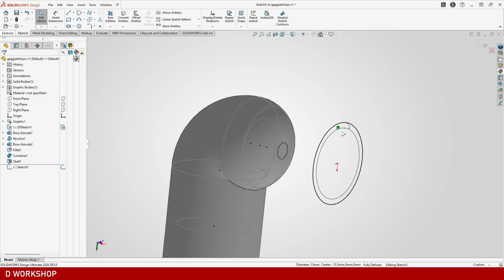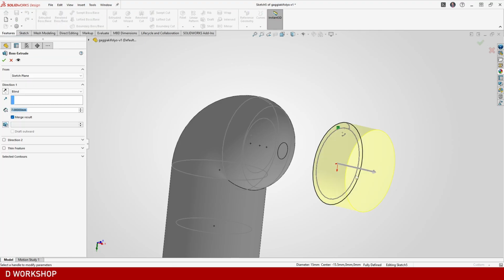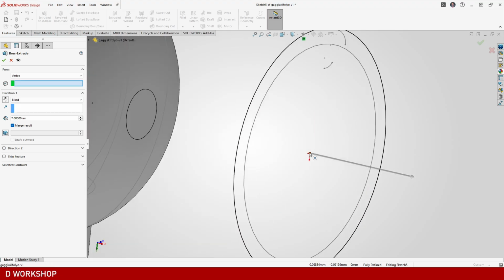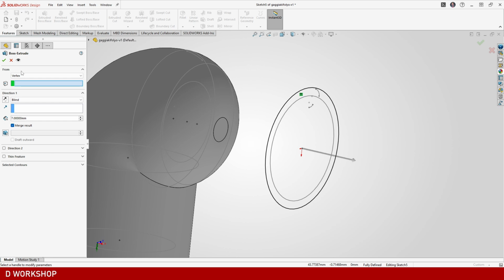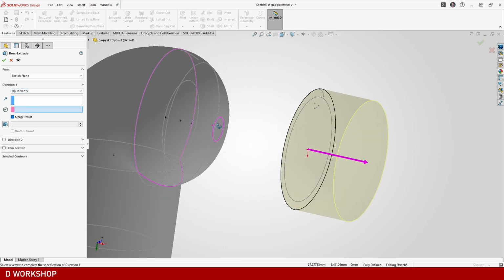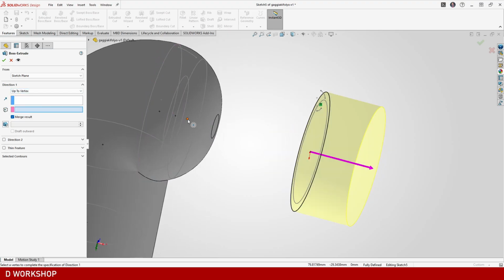I will leave this for later. We go to extrude boss base, and we want this to be from vertex again, which is the one here, and it's hard to select because our sketch is overlapping. So if our sketch is overlapping, we can say okay, then it's sketch plane, and we go up to vertex, which is the one here,